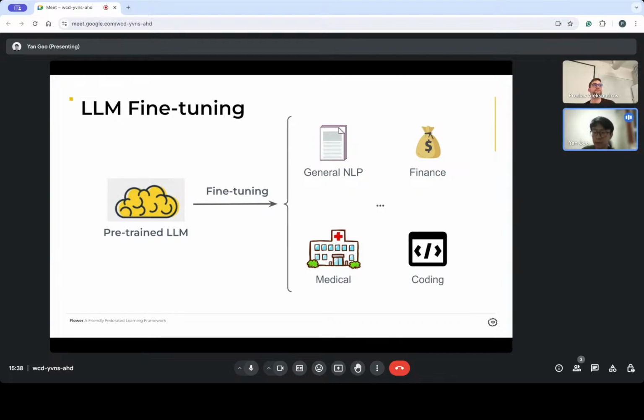As we all know, LLMs have shown remarkable effectiveness in a wide range of machine learning techniques across many domains, such as general NLP tasks, medical Q&A, the finance domain, coding compilers, and so on. But how does a pre-trained LLM adapt to a particular task? What we need here is fine-tuning the LLM on data from the specific domain.